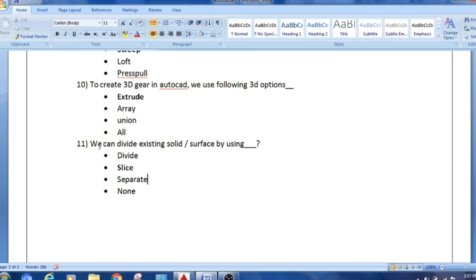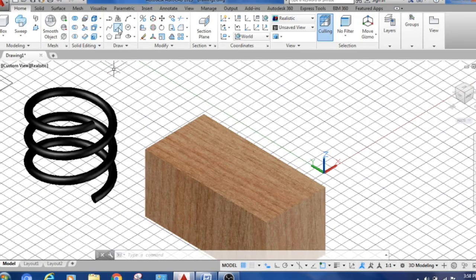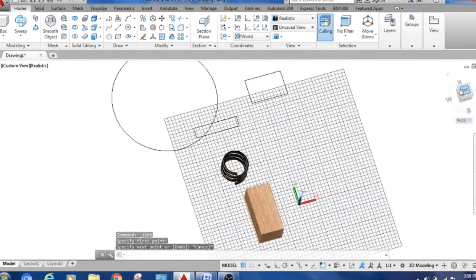Next one is we can divide existing solid or surface by using divide, slice, separate, none. So we'll check. So I want to divide this body.